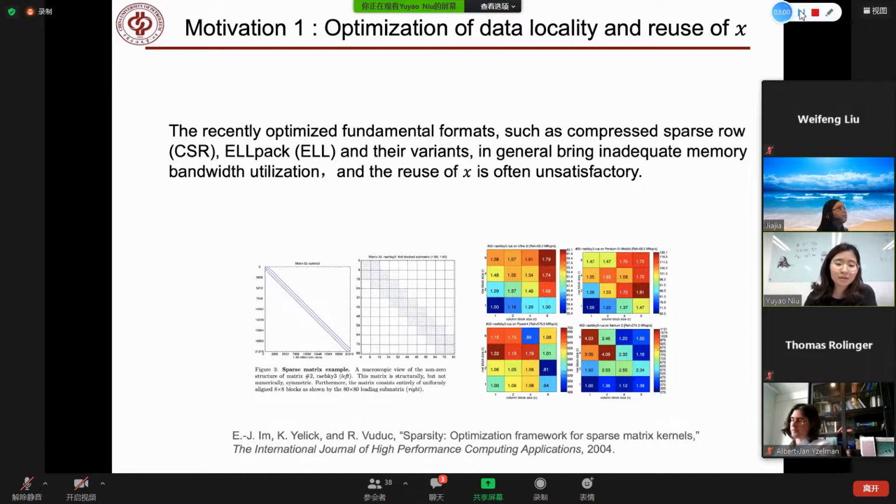So they store a sparse matrix as a sequence of dense blocks to improve the data locality and the reuse